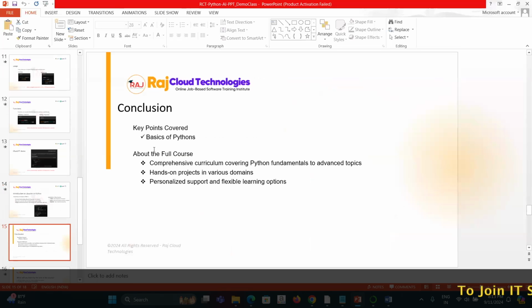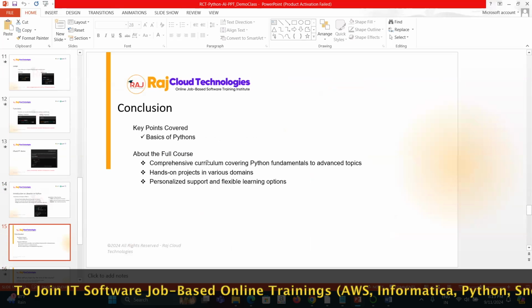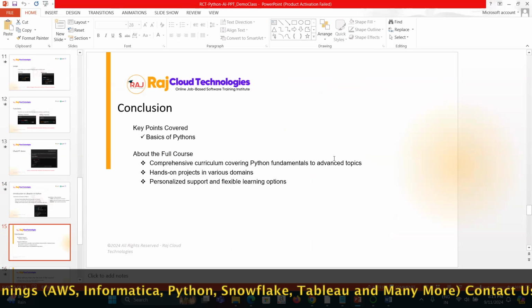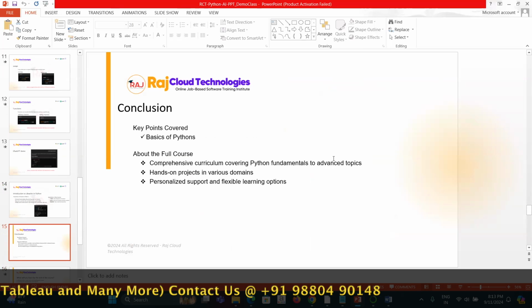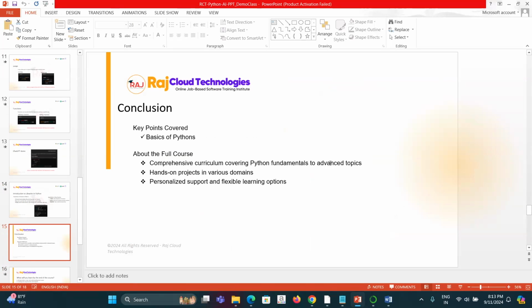And in conclusion, we'll be covering the basic topics of Python, and we'll have a comprehensive curriculum covering Python fundamentals to some basic advanced topics like data analytics with pandas and NumPy, data frames. We'll be using them for data pre-processing, and some of the advanced topics also will be covered.